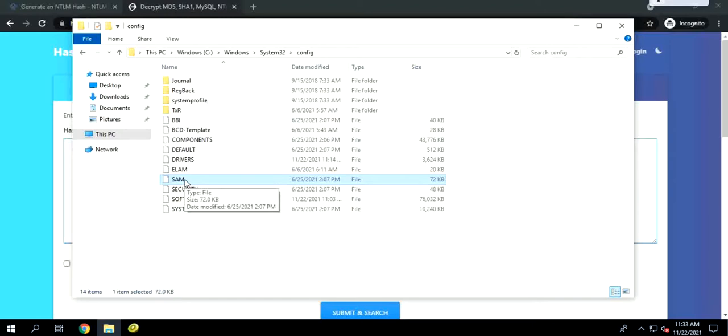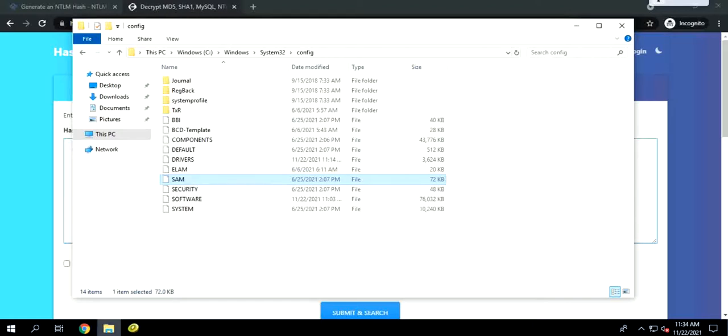Unfortunately, this file is locked while the operating system is running, so it is generally impossible to access it. However, when the system is running, the operating system still needs access to this data, so it is stored in the memory space of LSASS, the Local Security Authority Subsystem Service.